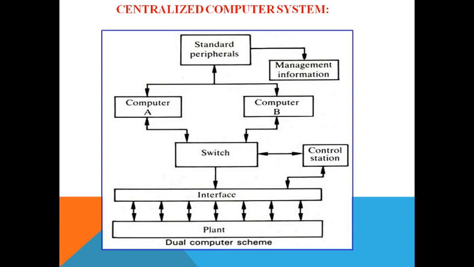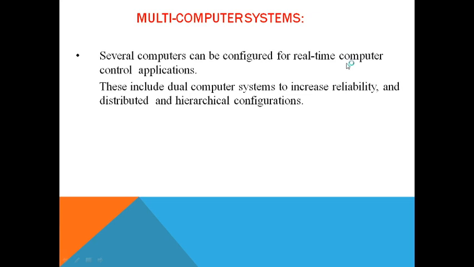This falls into two types. First is known as the hierarchical system, where tasks are divided according to function. For example, one computer performs direct digital control. The other is known as the distributed system, where many computers fall in a similar task, where similar tasks run in parallel. So in the centralized computer system we have to remember two important things, the two types, which are nothing but the hierarchical system and the distributed system.